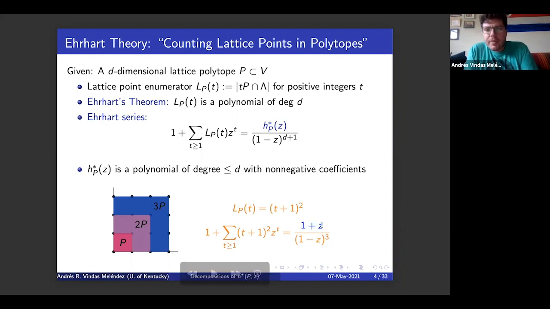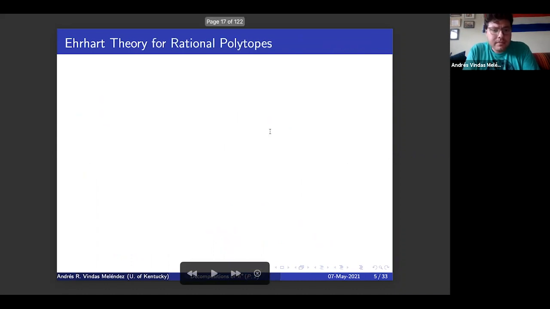And so there are plenty of open questions about h star polynomials and things like this. One big question in Ehrhart theory is, can you classify all Ehrhart polynomials, or equivalently all h star polynomials? And what I mean by that is, if you give me a polynomial, I can tell you the polytope that it belongs to as an Ehrhart polynomial. The answer is we don't know that for anything higher than dimension 3. So it kind of speaks to the difficulty of that problem.